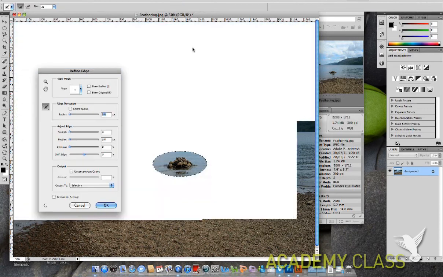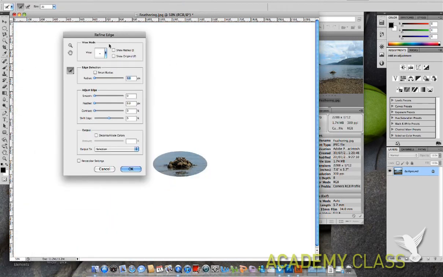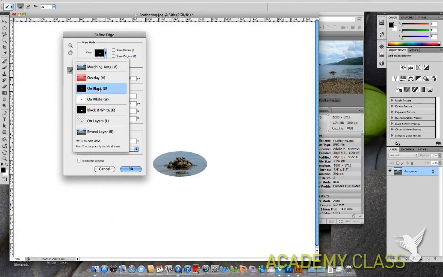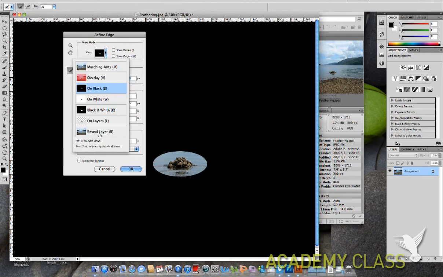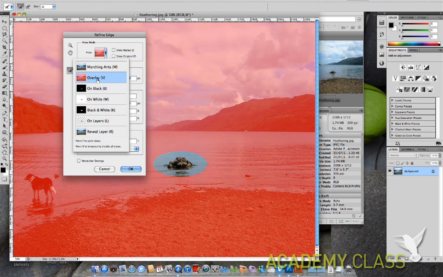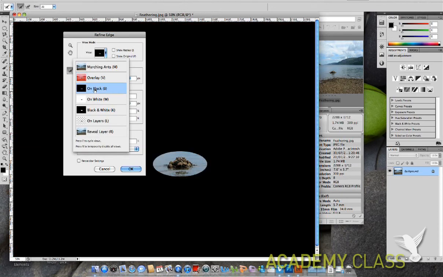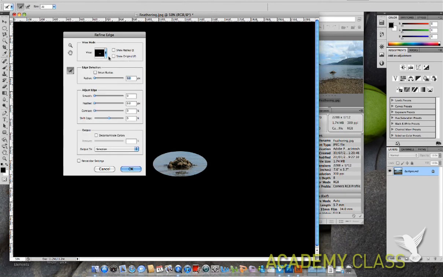But refine edge. Now when you're using refine edge, remember you've got your different views. You can put it on black, you can put it on white, you can put it on a layer, you can do it like the overlay like you just saw with the girl, all kinds of options. So decide on the one that works best for you. And then the important thing